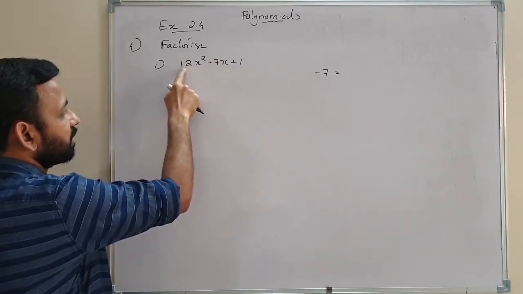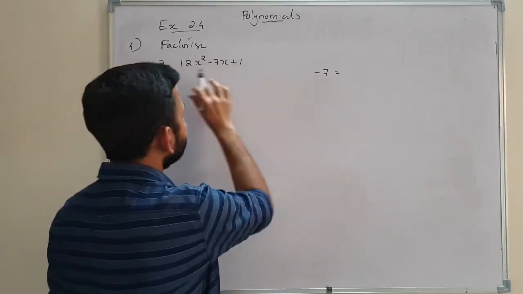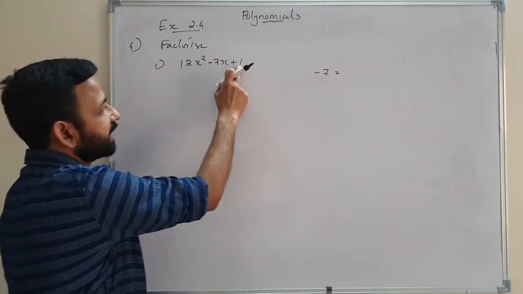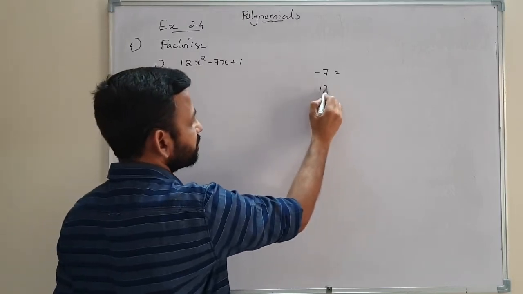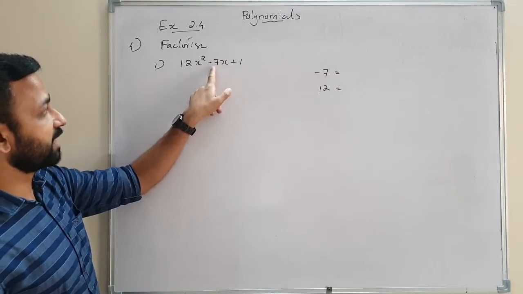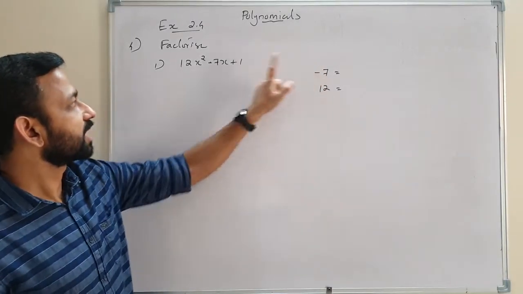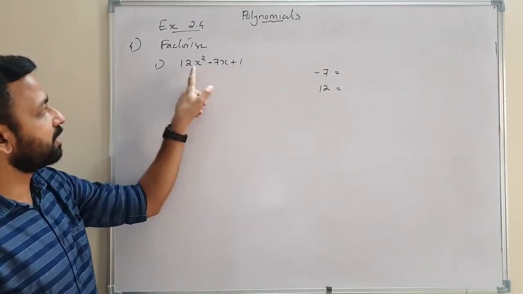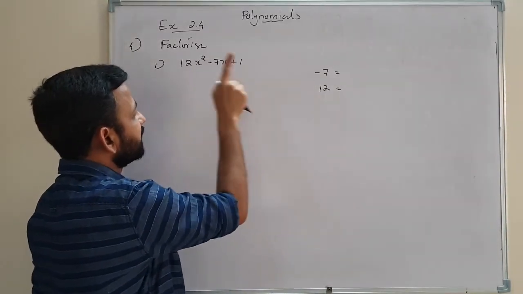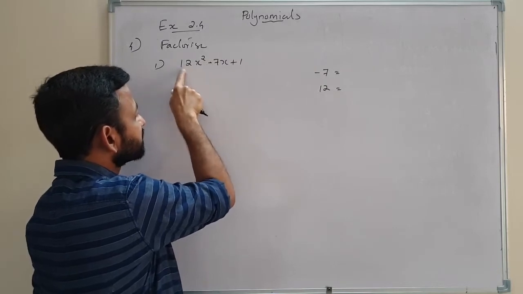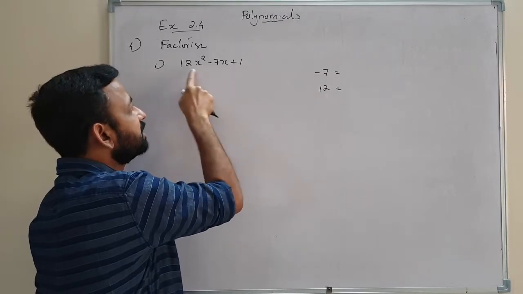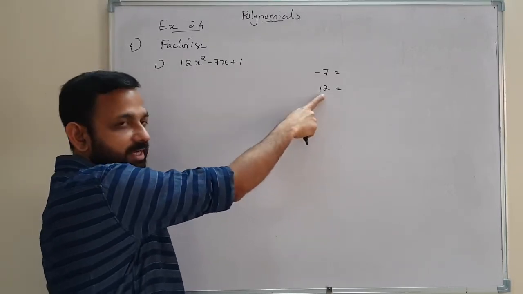Coefficient of x square here is 12. 12 into 1. If it is 2 here, 12 into 2, 24 we will write there. But here it is 1, that's why 12 into 1, 12. Once again, coefficient of x, middle term, minus 7. And this 12 is not the coefficient of x square. This 12 is actually the product of coefficient of x square and 1. 12 into 1, that is 12. If we have 3 here, then 12 into 3, 36 we will write there.